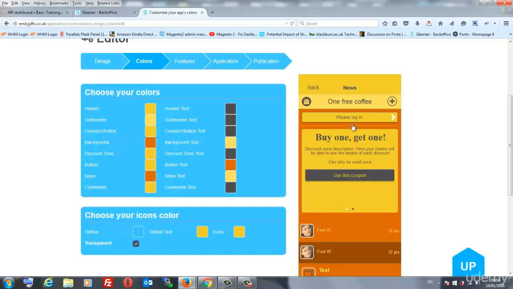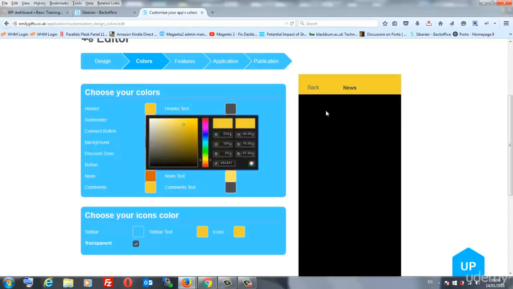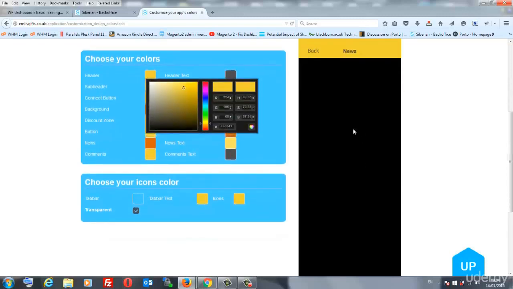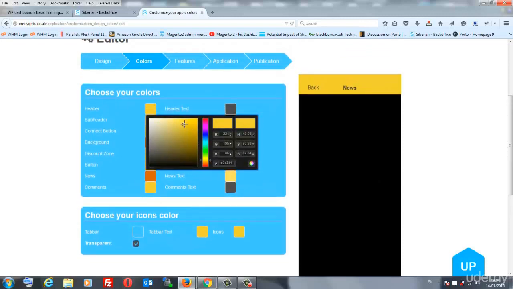So if you don't know what all these sections are, all you have to do is just click on each of these colors, and that will highlight the color that needs changing, and will blank out in black all the rest here. So when you do any changes at all, it will become live, as you can see on the right hand side. So you can select what color that you want,